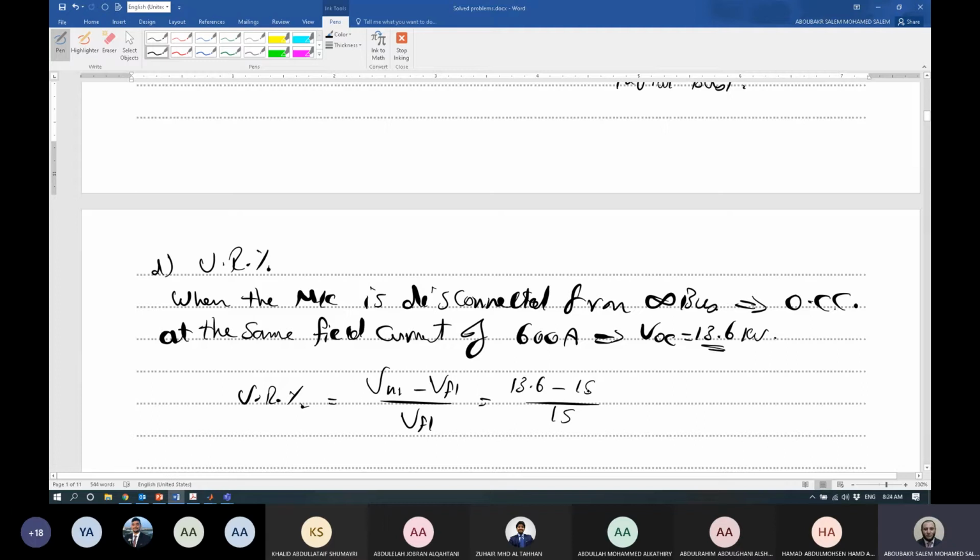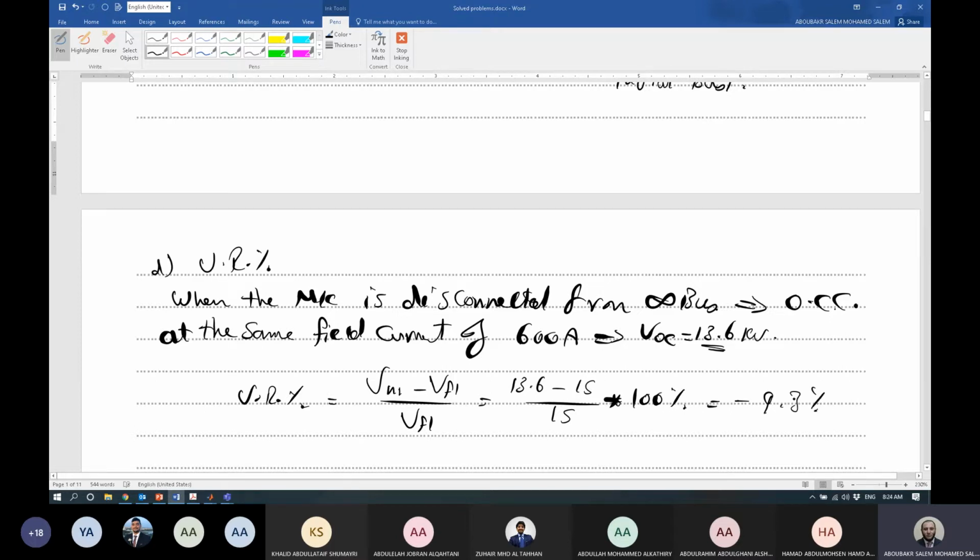So we should use the full load voltage as line to line too. So 13.6 minus 15 over 15 multiplied by 100 to be in percent, so the result will be minus